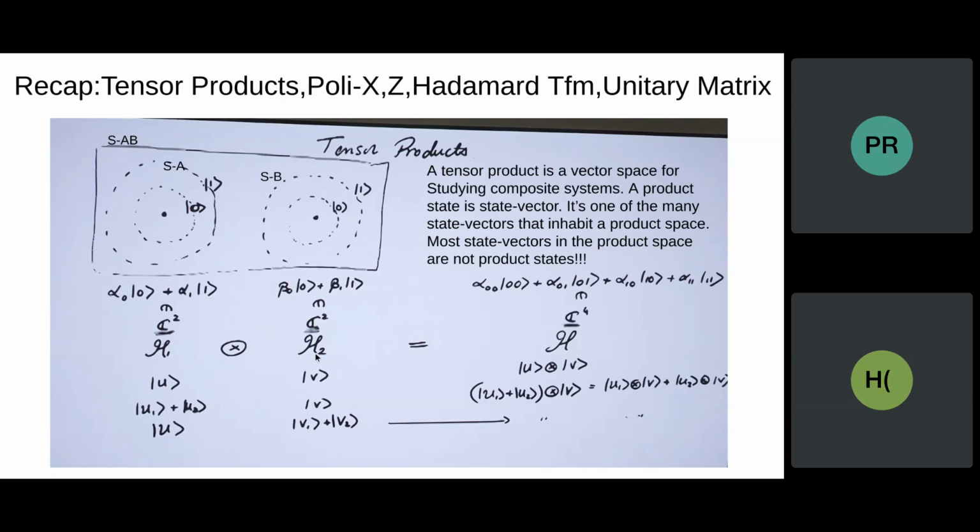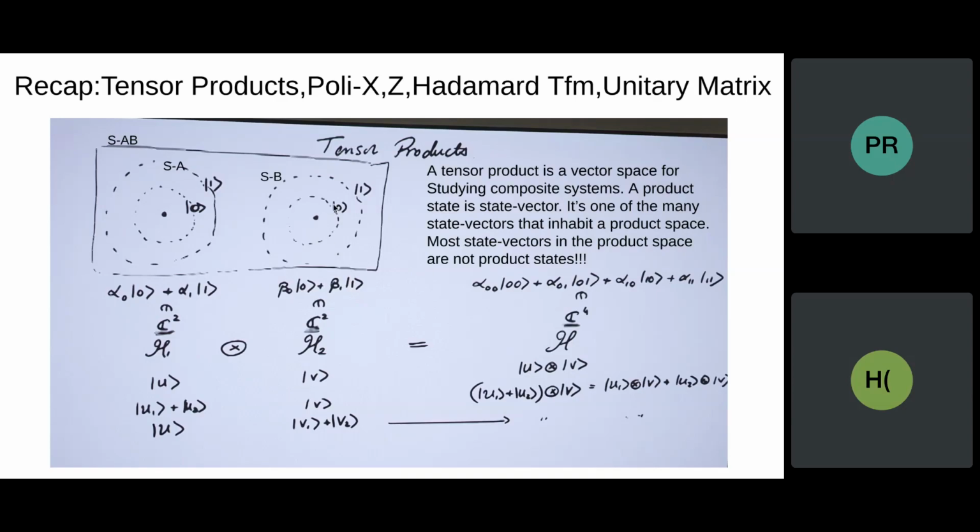And if you do a cross product, which is the tensor product, we call it, not cross product, sorry, it's tensor product. When you do a tensor product of the two, you arrive at a space which is 4 dimension, and that same thing can be represented in a little bit different way, in the sense that here you can say alpha 0